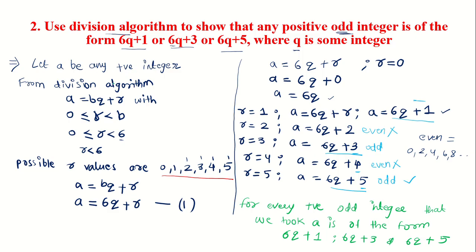So, let a be any positive integer, and from the division algorithm, take this equation a equals bq plus r and substitute r values. You will get equations, and you can find out that for any positive odd integer, it is of the form 6q plus 1, 6q plus 3 or 6q plus 5. Next,